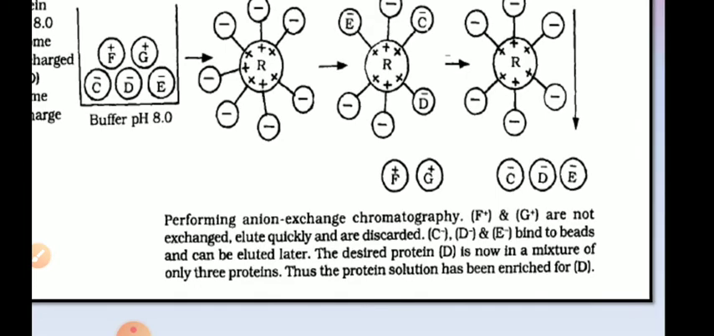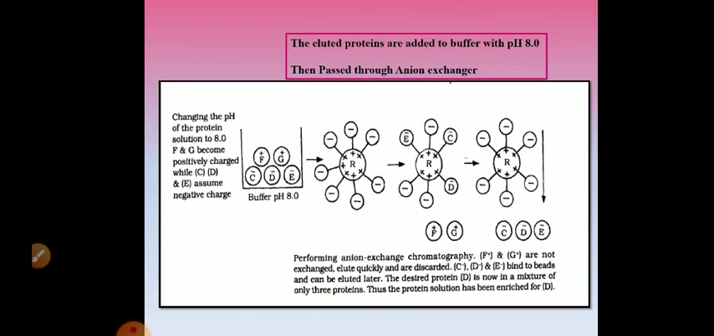You're removing the unwanted proteins. Now your protein mixture is of C, D and E. Again change the pH and again pass through some ion exchange resin and your D protein will be separated. This is how, by altering the pH of the buffer and by using either cation or anion exchange resin, the required